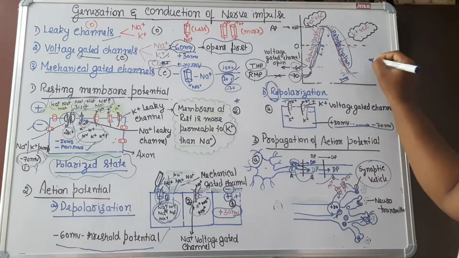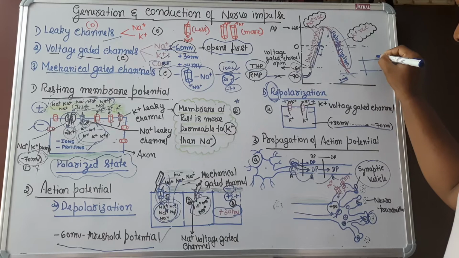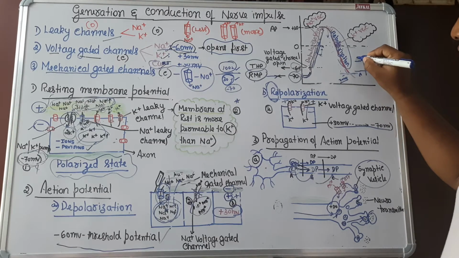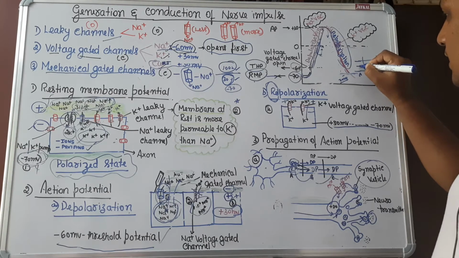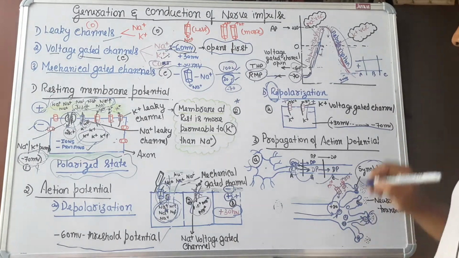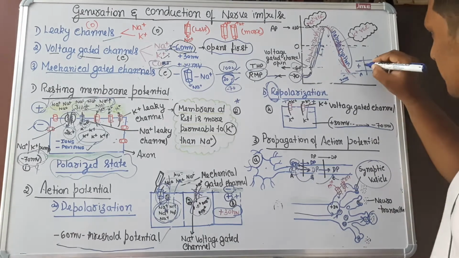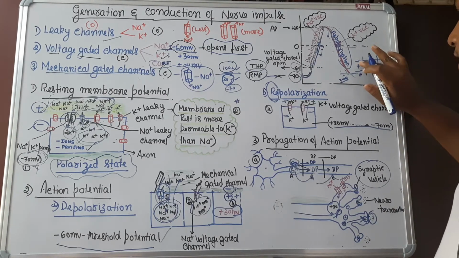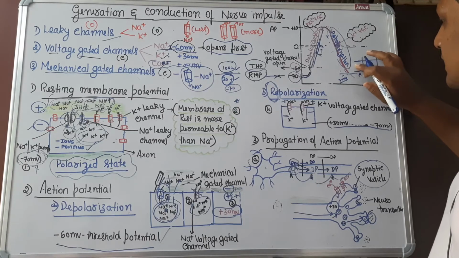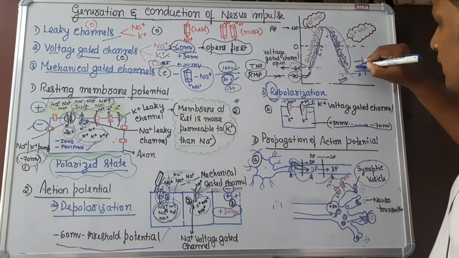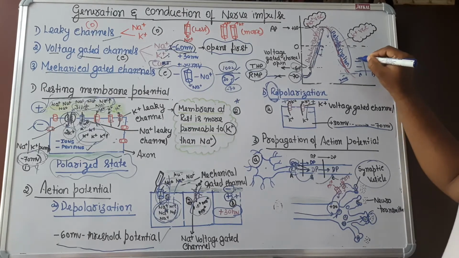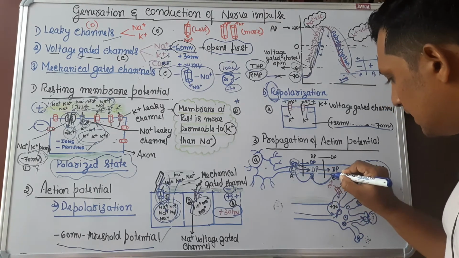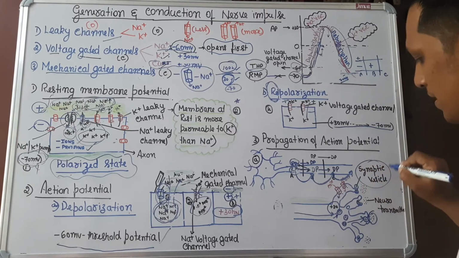Or let me give an idea. Say that there are segments A, B, and C. Now in A, because of rapid influx, there is depolarization, hence because of more positive charge, it is plus. The next segment, which was in resting state, because of the entry of sodium, will be stimulated to become depolarized. When the next section becomes depolarized, in the first A segment, plus 30 millivolt is reached, potassium leaky channels will open, potassium is lost to the outside, and again resting membrane potential is regained. So this is how a wave of depolarization keeps on moving in the neuron from segment to segment, finally